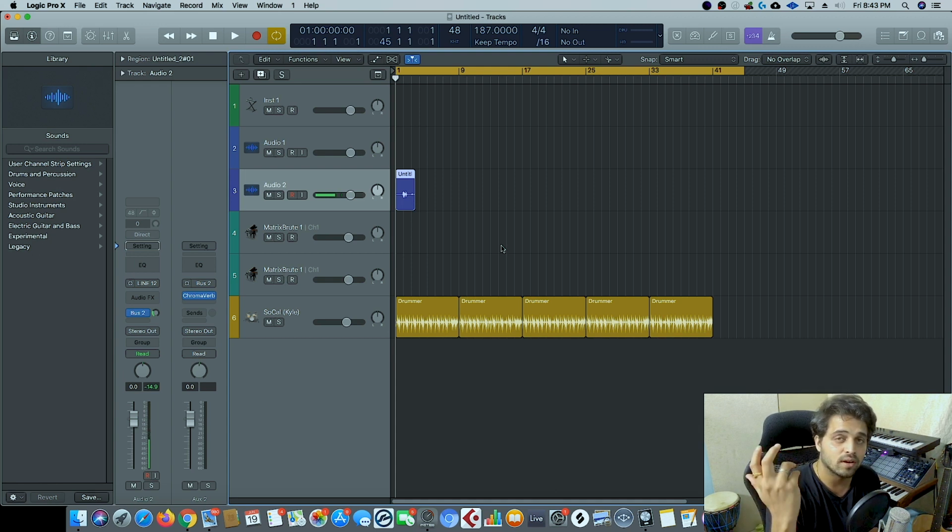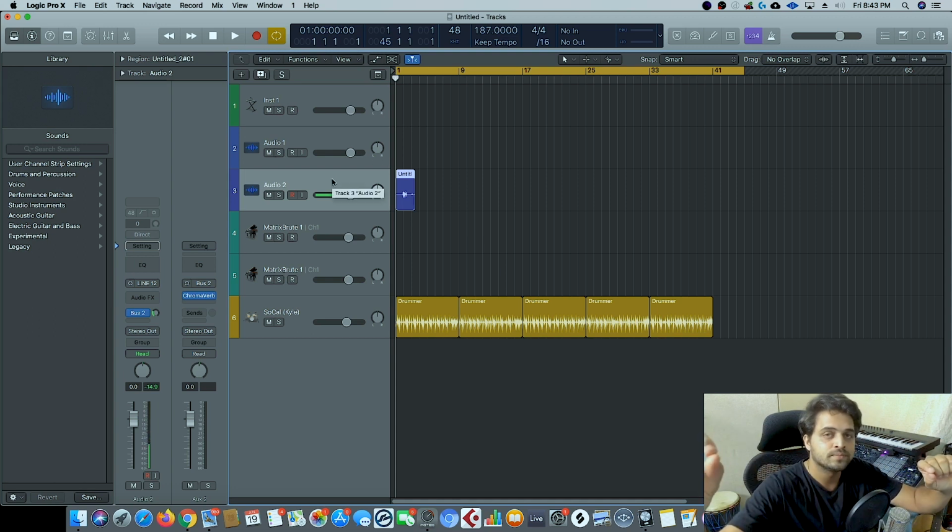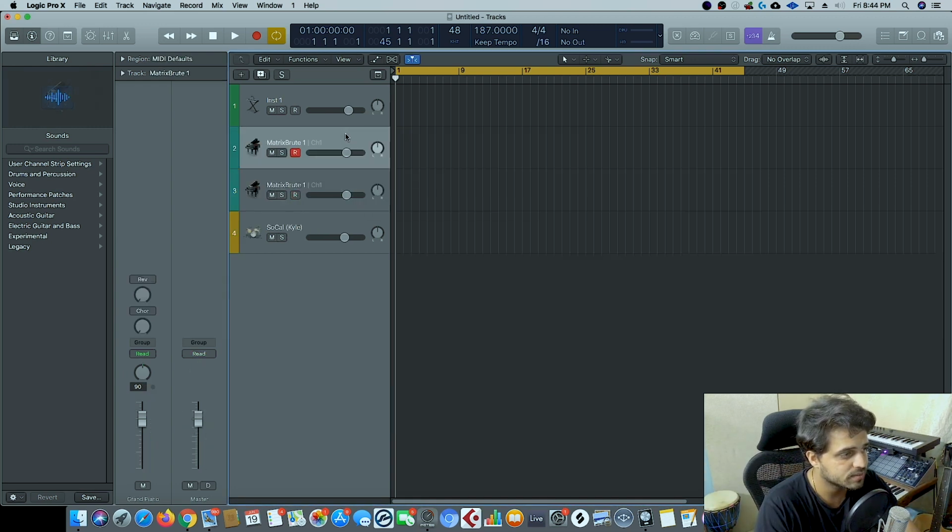Instead of adding any kind of processing plugin to the signal directly, let's say I have my voice, and if I want reverb on it, instead of directly adding the reverb or the delay on the voice straight, I create a copy of that voice and then process that by adding reverb or delay. So what happens is, I can decide how much of the dry voice I need and how much of the processed voice I need.